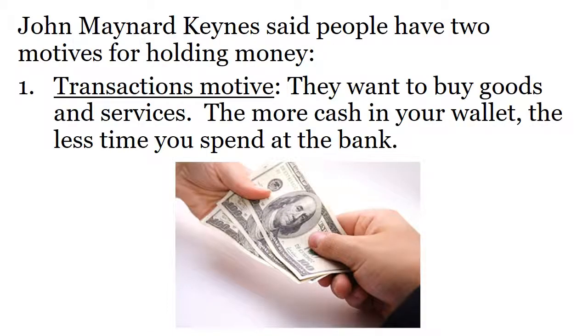Money demand is all about the desire to have your assets in the form of money in your wallet instead of in the bank. So, if you remember, John Maynard Keynes is the father of macroeconomics. We talked about him before with stabilization policy and the concept that he thought we should intervene during recessions and inflationary periods because in the long run, we're all dead. Now, what he had to say about money is that people have two motives for holding money. And remember, holding money is keeping all of your wealth in the form of cash in your wallet as opposed to in the bank or tied up in investments, etc.